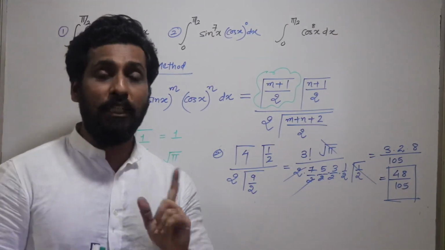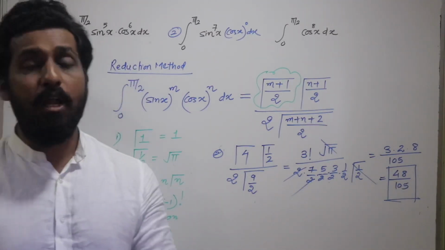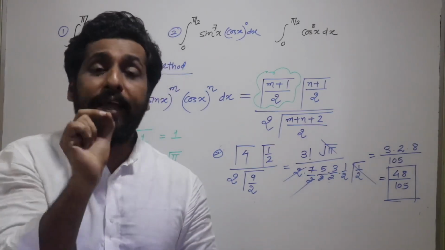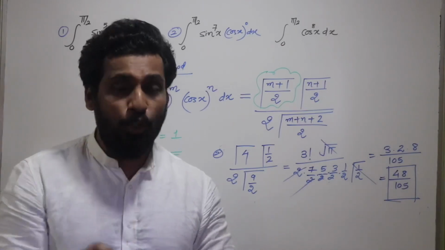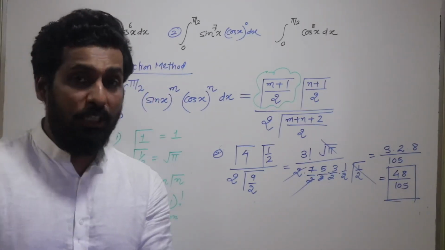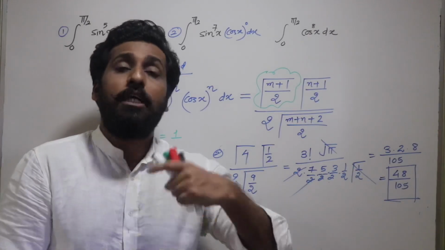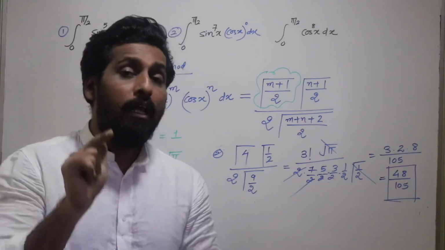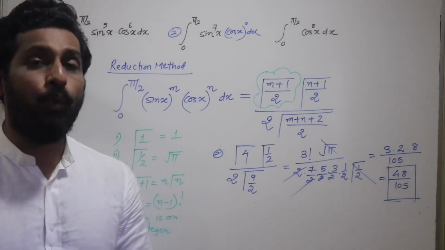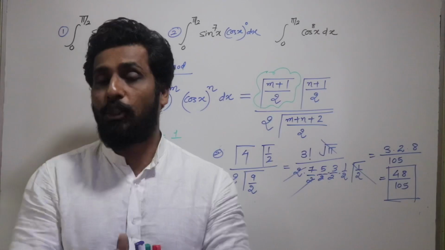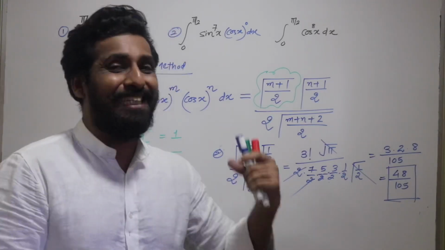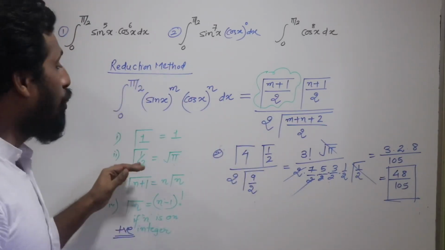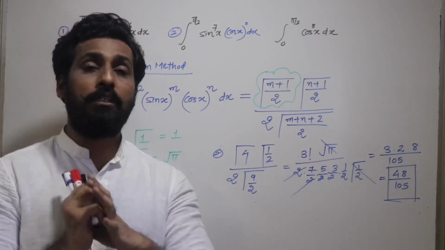So whenever you have such kind of questions where sin and cos are involved and they have some powers and the integral is from 0 to pi by 2, this is very specifically required that the integral has to be 0 to pi by 2. If it is not 0 to pi by 2, you have to take help of some transformation, some rules of definite integration to make the limits of the integral as 0 to pi by 2. The limits of the integral have to be 0 to pi by 2. Only then this technique is applicable, and you just remember what the formula is, make use of it, and you can get your answers in no time.